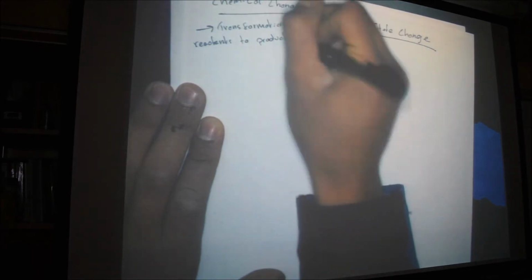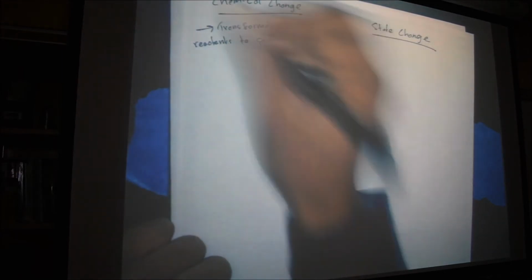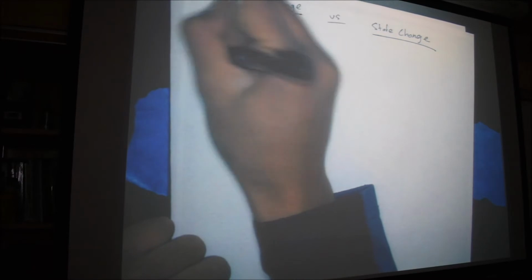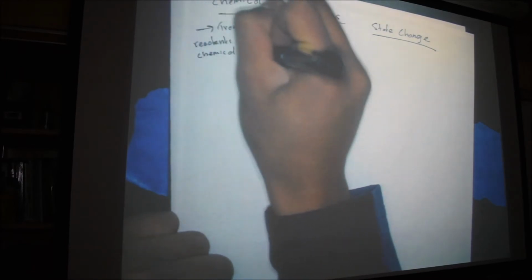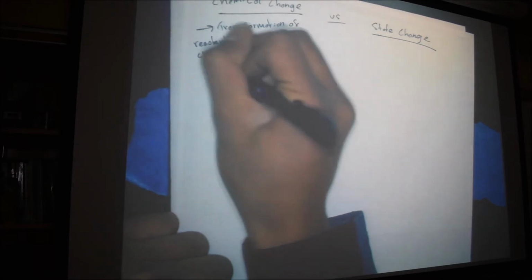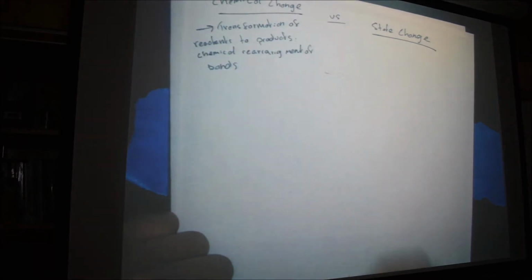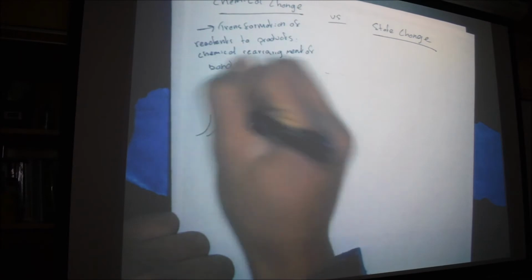And just know that for these reactants and products, basically what's happening is a chemical rearrangement of bonds. Right, so an example of one of these chemical changes, just to provide a context,